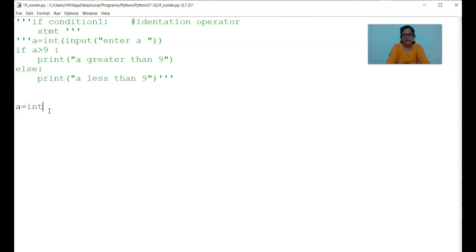So I would write here int of input of enter A. Okay, in the same manner, enter B. Okay, I want to check the condition that if A greater than 0, okay, if B greater than